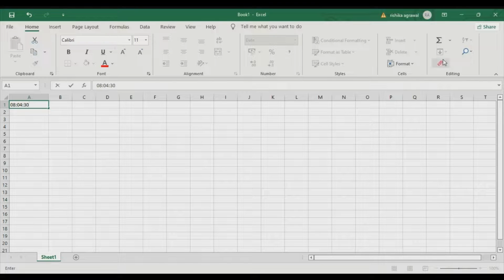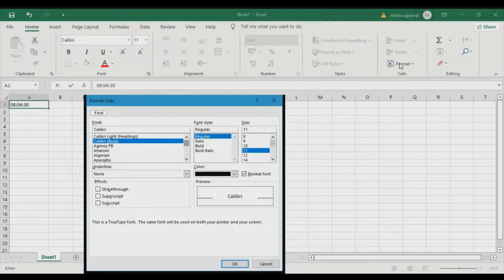Okay, now I'm going to click on format cells, and in this